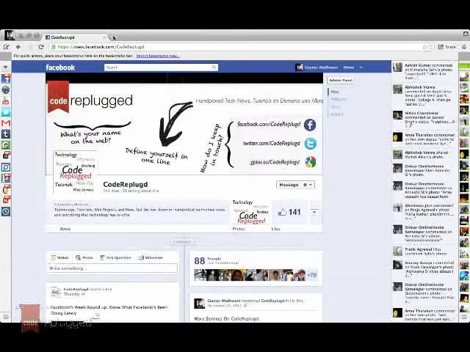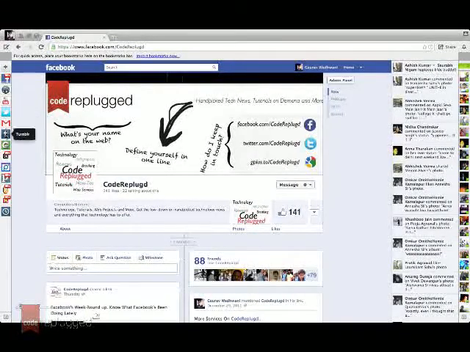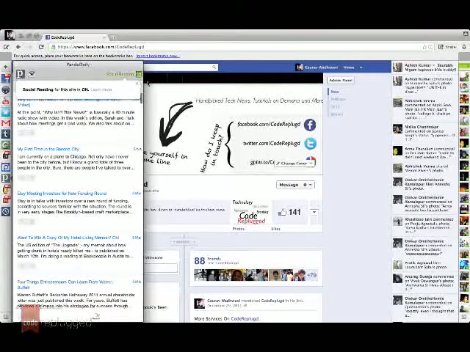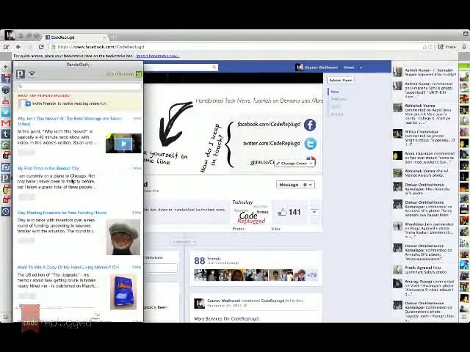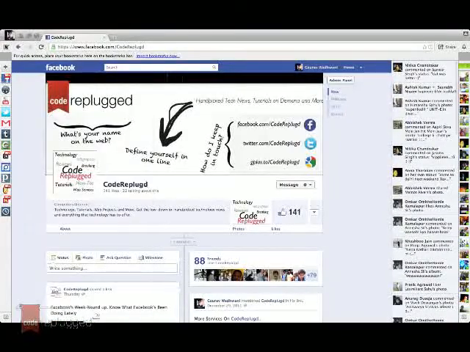Now the good thing about it is, let's just see a news section from the left. We can actually add more apps, but let's just see a news section. When we fire it up, it opens a pop-up window over the existing window, so you do not actually get distracted from your whole social experience, which this browser claims.